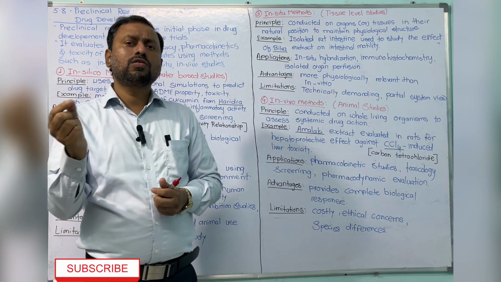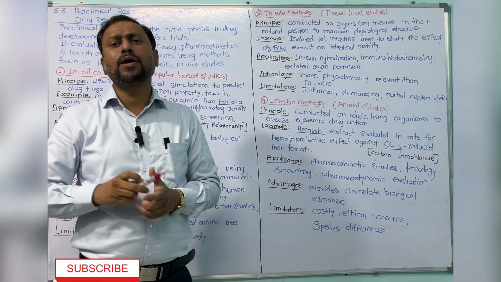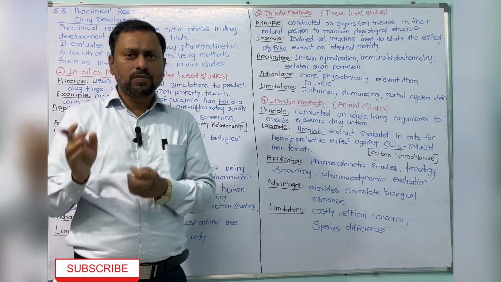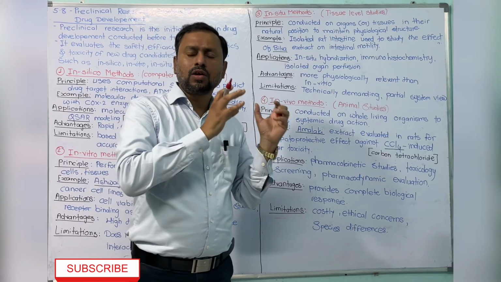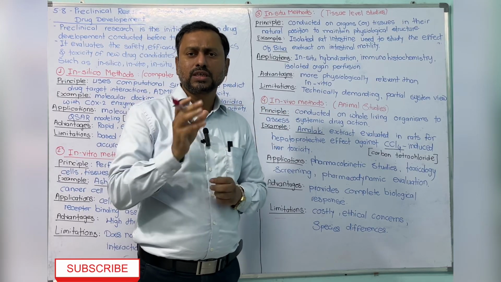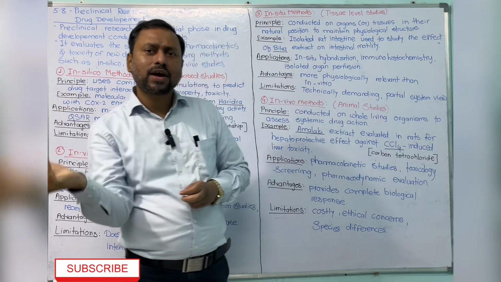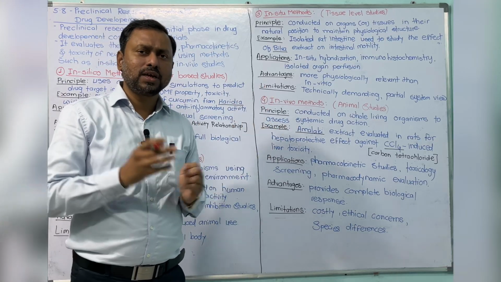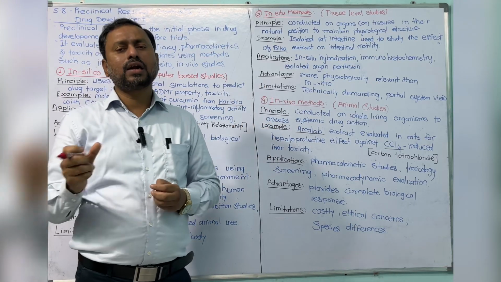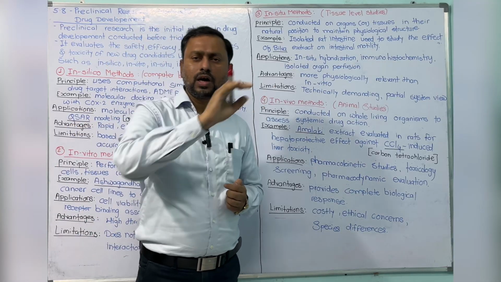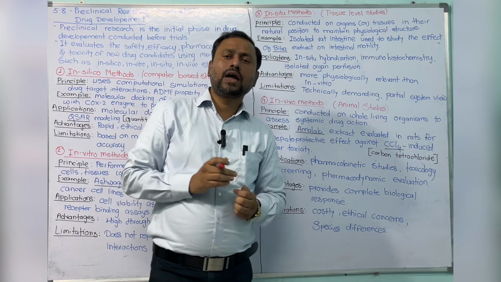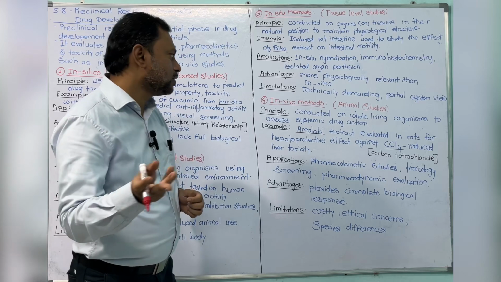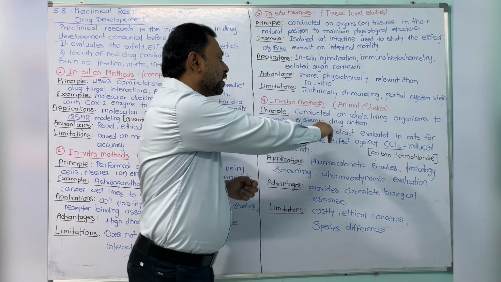First of all, if you want to check hepatotoxicity, whether the drug is toxic to the liver or protective against hepatotoxicity, that is what we are checking. Take one rat. In that rat, we give the amlaki or Amblica officinalis fruit extract,